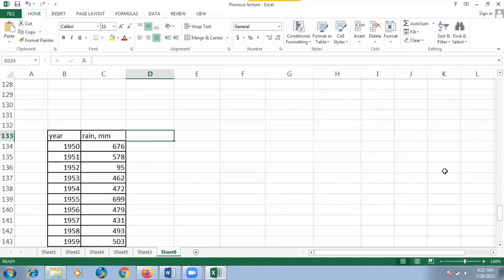So for 3-year moving average curve, what we have to do is that I will just say a 3-year moving average curve. You have to take the average of 3 years as one set and represent that at the middle year. For example, to begin with here, the average of 50, 51, 52, 3 years is recorded against 51. That means to say that the average here is,